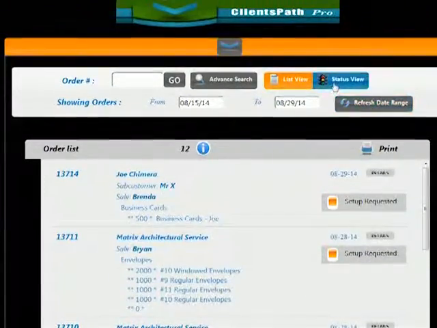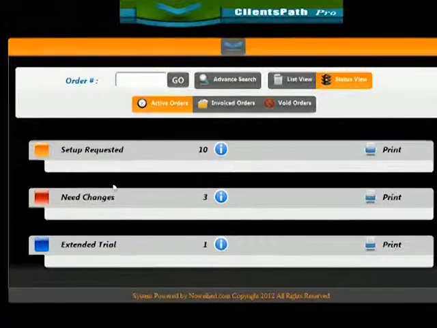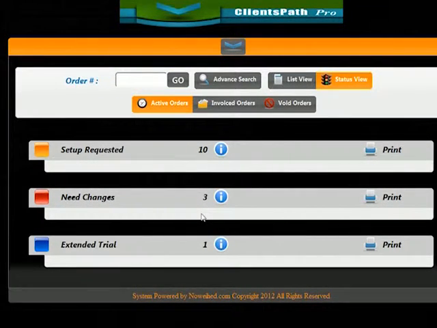What that will do is break up those orders into the departments they're in. So if there's a specific department that I work at or that I need to know because it involves me as a worker, let's say I'm the guy who needs changes or I'm the customer support guy, I can come in here and see what is in my department and what needs my attention, and it's sorted by it.